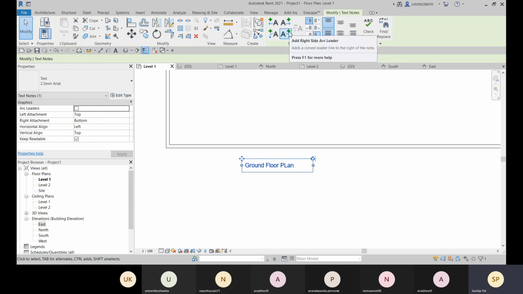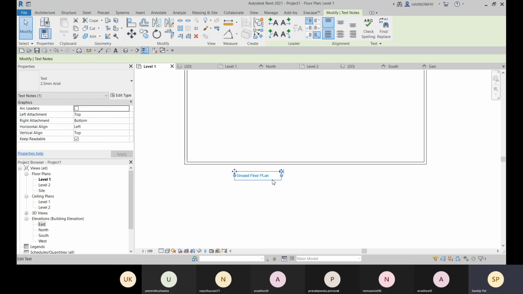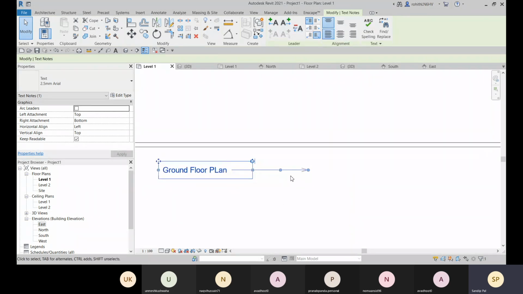And here we have this leader also. If you want to point out any element, you can add the leader like this. You can add a leader and you can break it like this.